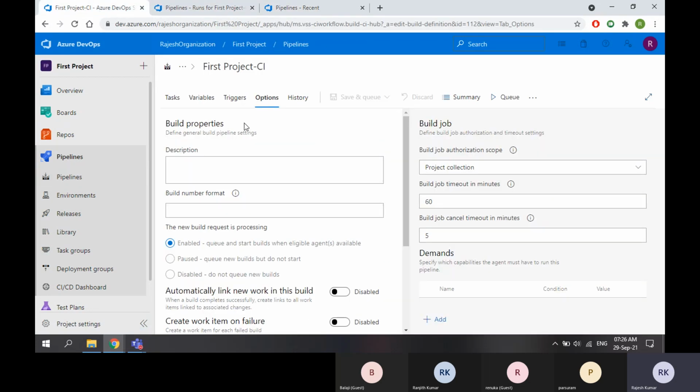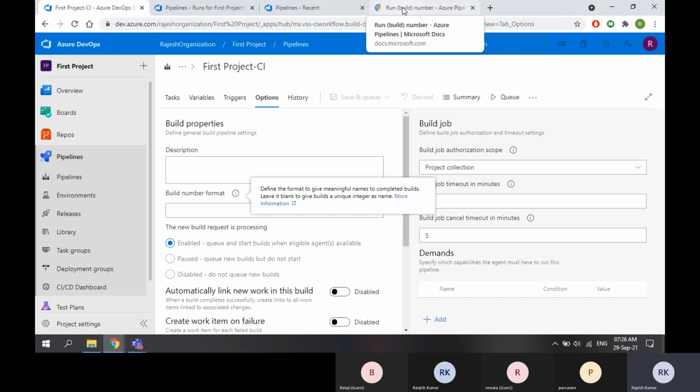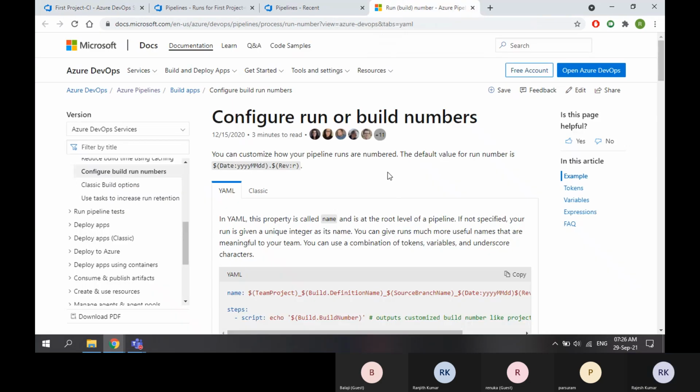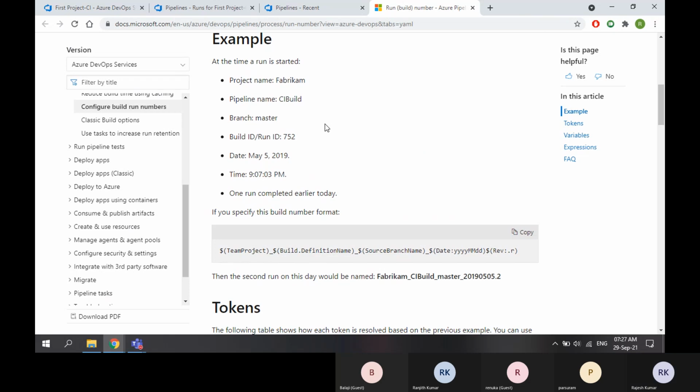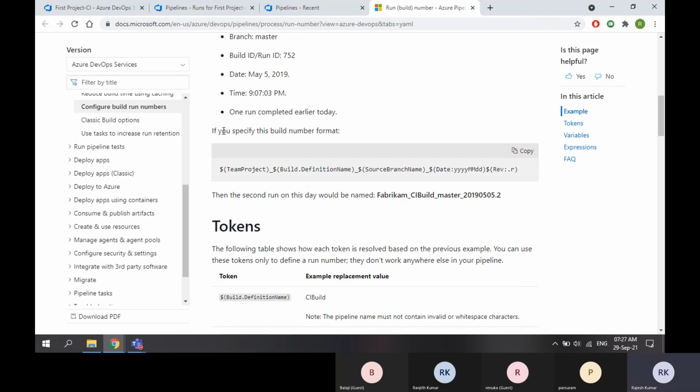That build number specification you can give in the options category. How can you give it? Here we have documentation available on how to give the build number format. If you specify this, this is the build number format.